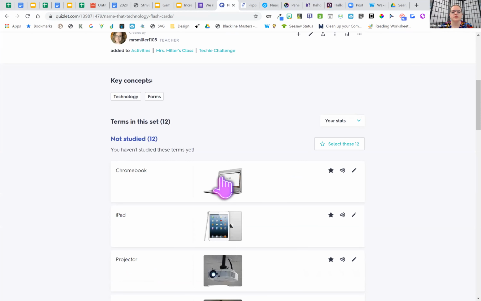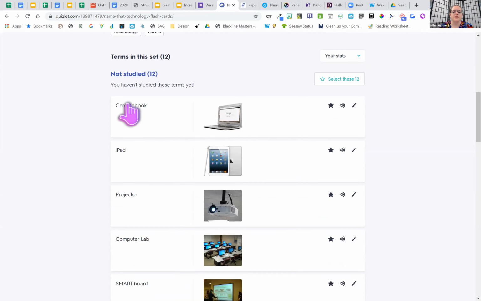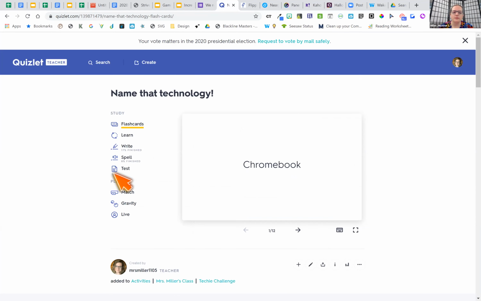The one that we're about to play, I don't even have a term. I just have pictures and the word on there. But you have a lot of different options that you can choose from. There is a search that you can use for different Quizlets that other teachers around the world have created, and you can edit them once you find them. So I'll show you how to do all that in a second. First, I want you to play and kind of get a grasp of it.